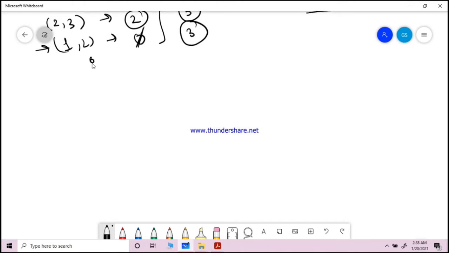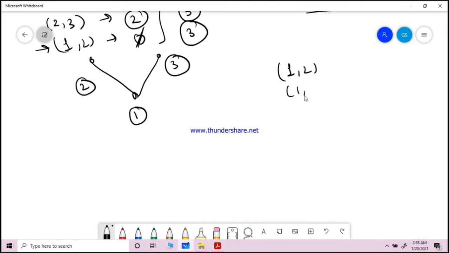Just suppose this is the reverse condition. This is 1, this is 2, and this is 3. Now you have to find out meet and join semi-lattice. So in the same way, I'm just pairing up 1, 2, 1, 3, and 2, 3. Join means you're joining in the upper section somewhere, or meet means you're meeting in the lower section somewhere. So let's find out the meeting point or meet points.